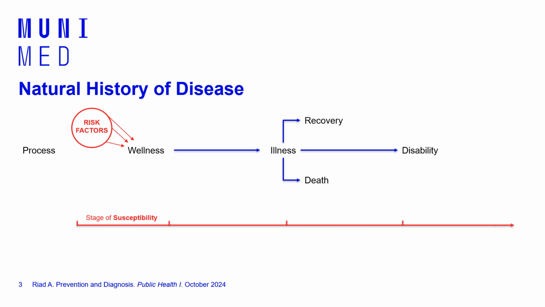Okay, so this is the stage of susceptibility. This is when humans are engaged with risk factors. Then we have the stage of subclinical disease, and during this stage the disease has already started to change the functions, I mean the physiology of the human body, but there are yet no clinical symptoms to detect these changes.